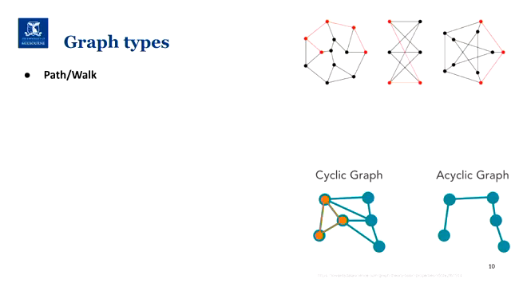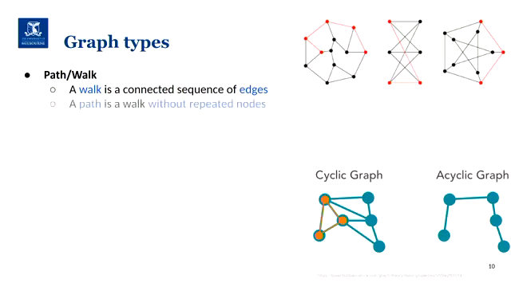Another important concept is path and walk. So a walk is a connected sequence of edges. I know there are a lot of concepts, just bear with me, so that you see how important they could be. Basically, a walk is a connected sequence of edges. So let's say we consider this graph here. We would say that a walk could be something starting from this vertex and going around it and up again. So this is basically a walk, a sequence of adjacent vertices, while a path is a walk but without repeated nodes. That's the simple difference between them.